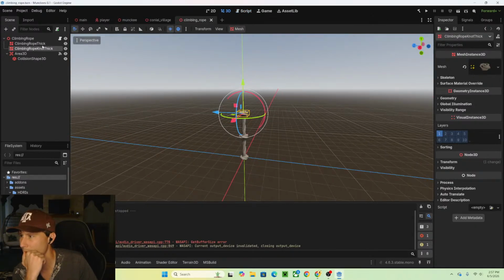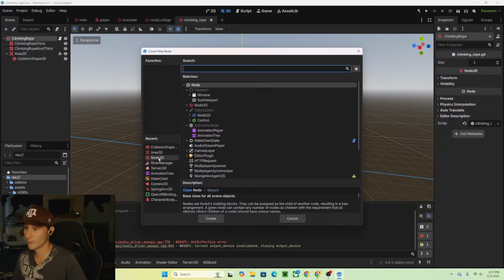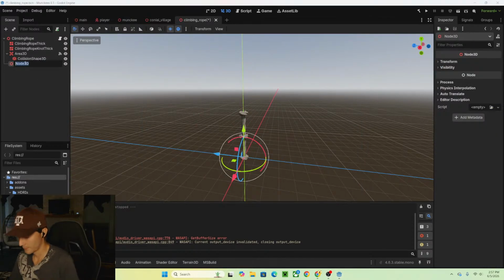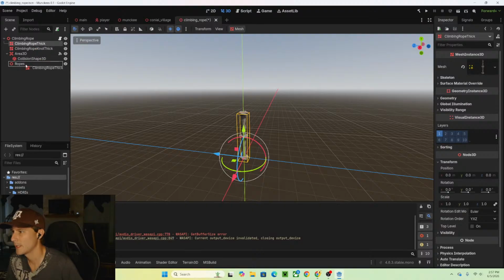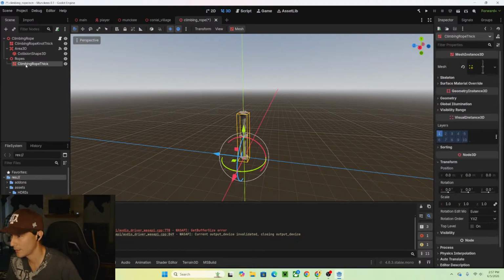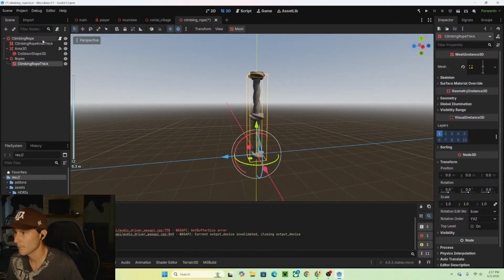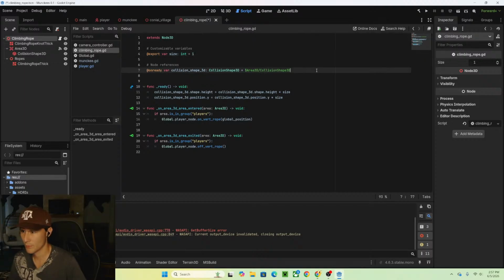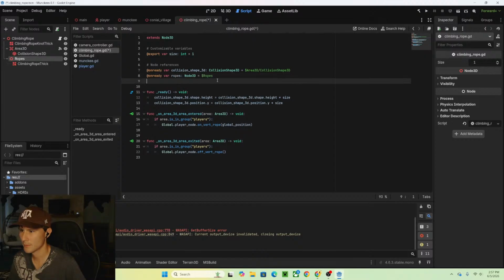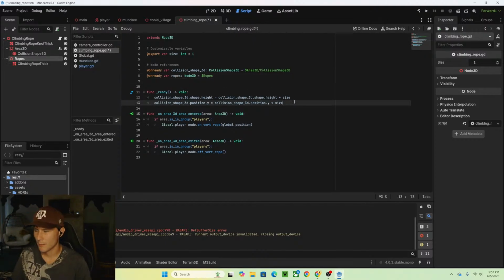Okay, so I'm going to have a node called ropes. Ropes. This needs to be in here. And then we can have a reference to that node, or ropes. And then we can say